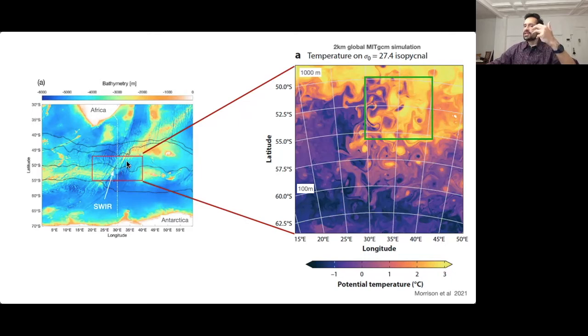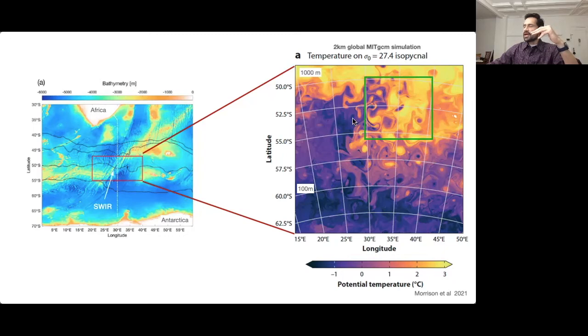lot of activity. The signature of this activity can be seen in this output from a high resolution model for this region. I just want to point out here that our high resolution models are getting really good and can often give us a visual impression that we are simulating everything there is. But a healthy dose of skepticism is always required. So what you're seeing here is temperature on a particular isopycnal in this region. This is one isopycnal that rises from about 1,000 meters on the northern side to about 100 meters on the